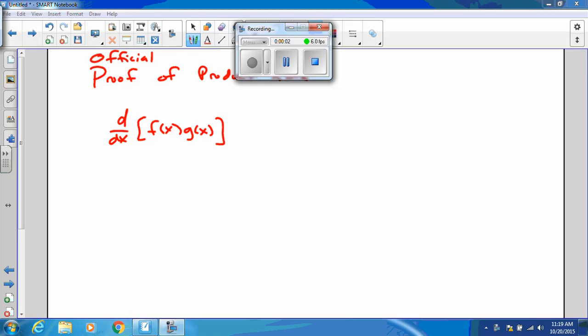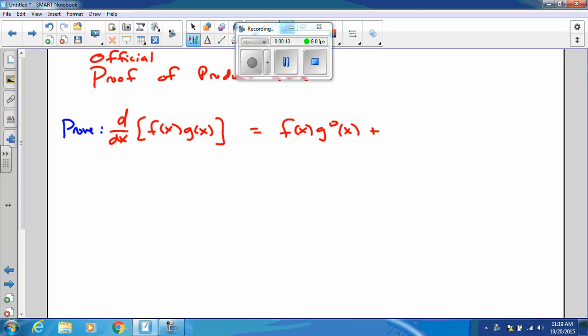So this is our official proof of the product rule, and our goal is to get from here to here. And we're going to do this proof like we do most of our proofs. We're going to start on one side, the left side, and we're going to get it to look like the right side using valid math. And it would make a whole lot of sense that the place to start is with the limit definition